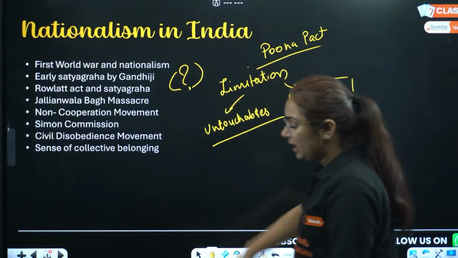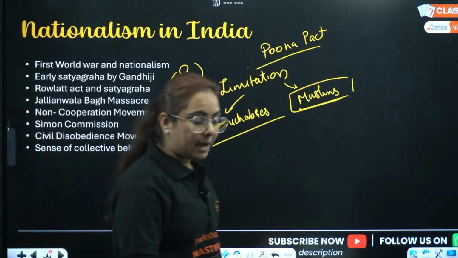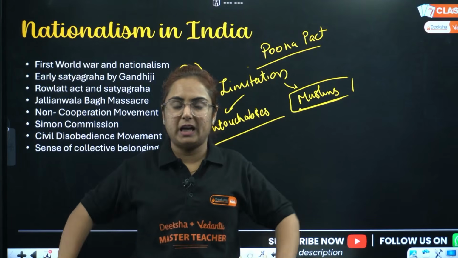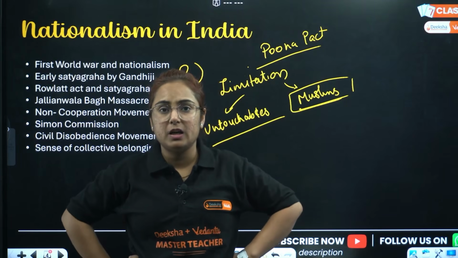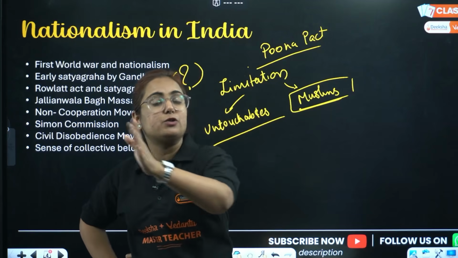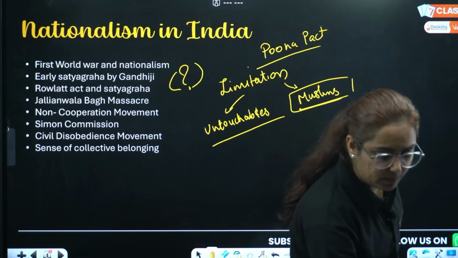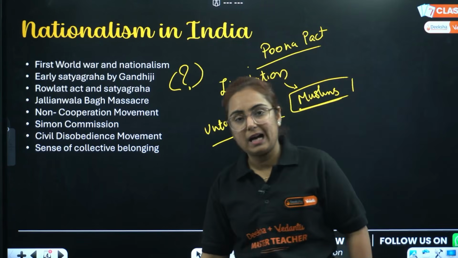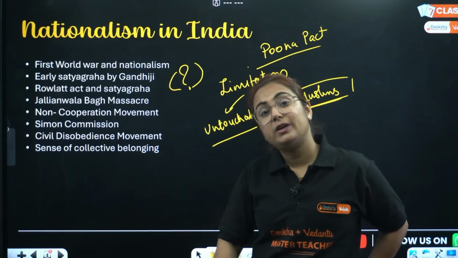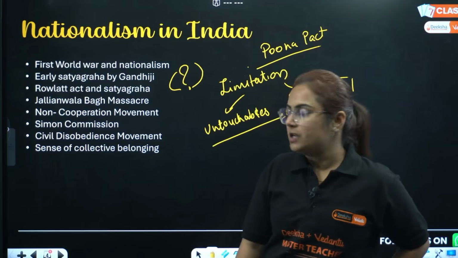Now goes with Muslims. We know what happened with the Muslims. Muslims participated in NCM. But what happened? Somewhere their Khalifa issue vanished within the movement, and movement was withdrawn. They were unhappy. Gradually, initially there was no demand of a separate state, but gradually there was demand of a separate state. Hindu Mahasabha was not ready for the demands presented by them regarding the reserved seats in the legislative assemblies and in the areas where they are in majority as well as in minority. Okay, so these are the issues.